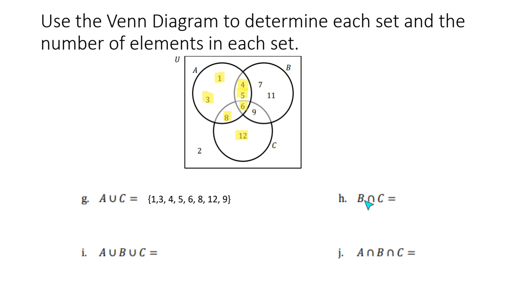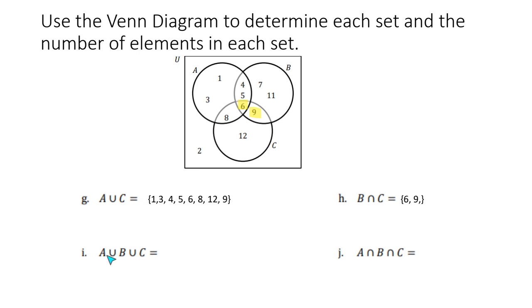Okay, so B intersected with C is going to be everything in B that is common to C. So everything that is common to both B and C. And so that's going to be 6 and 9. Okay, so now we have something with 3